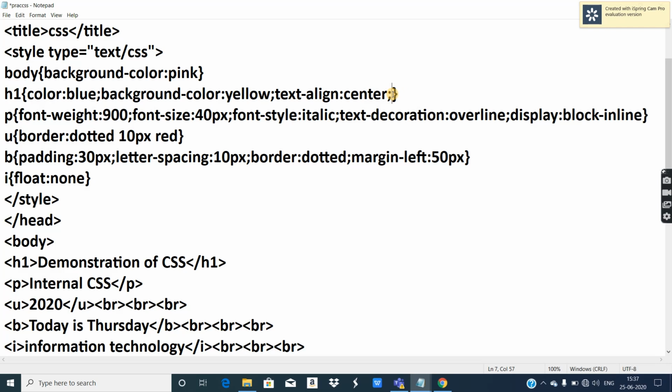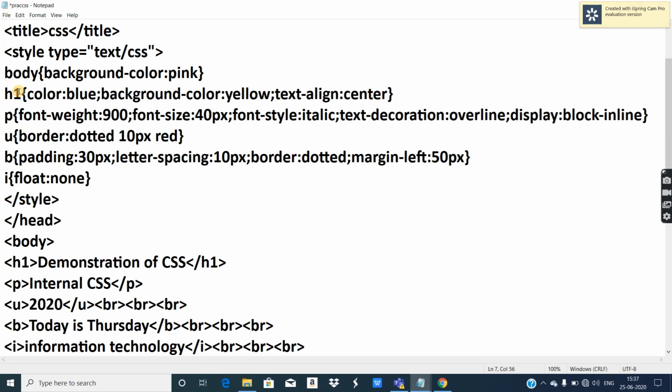So right now, okay, in the end, if you leave a semicolon like this, that is not wrong. Many reference books come with CSS definitions that have a semicolon at the end. Okay, if you provide semicolon at the end, no problem. If you do not provide, then also it's okay.